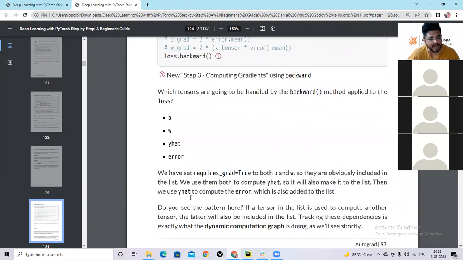Then we use y hat to compute error, which is also added to the list. So do you see a pattern? If a tensor is in the list and is used to compute another tensor, the latter will be included in the list. Tracking these dependencies is exactly what the dynamic computation graph is doing.